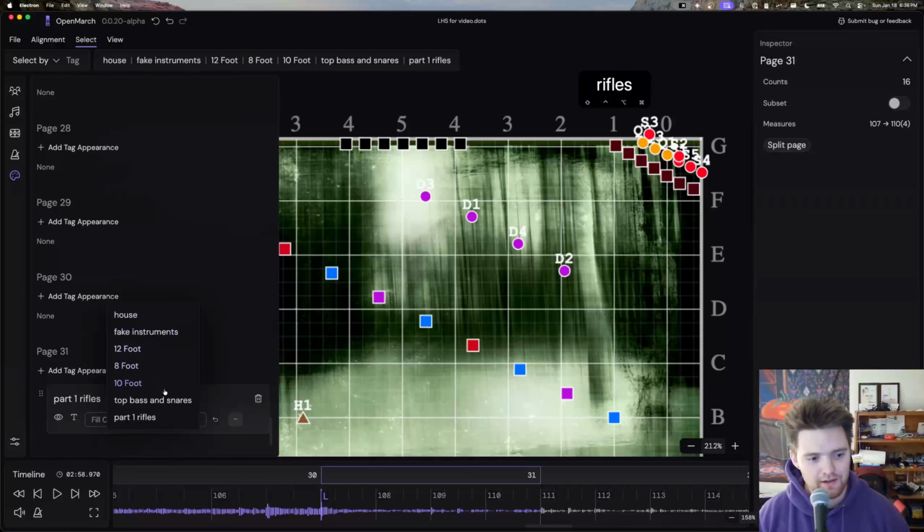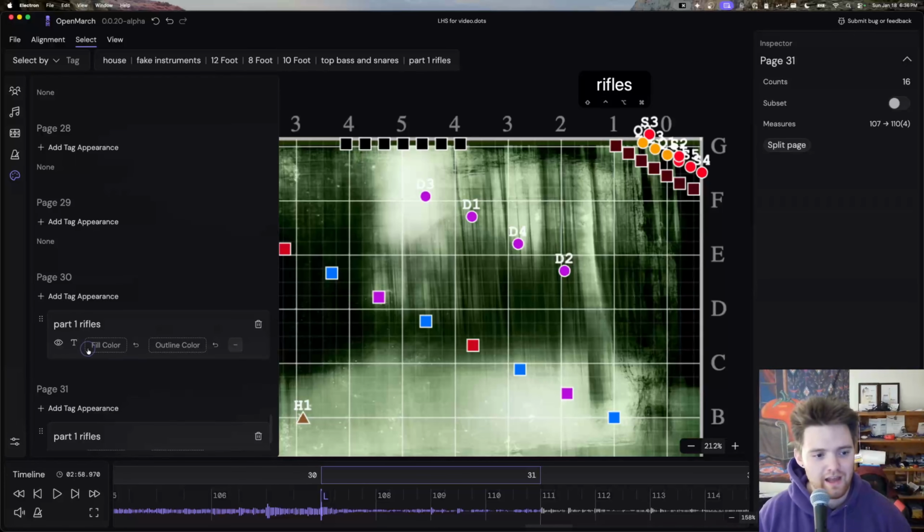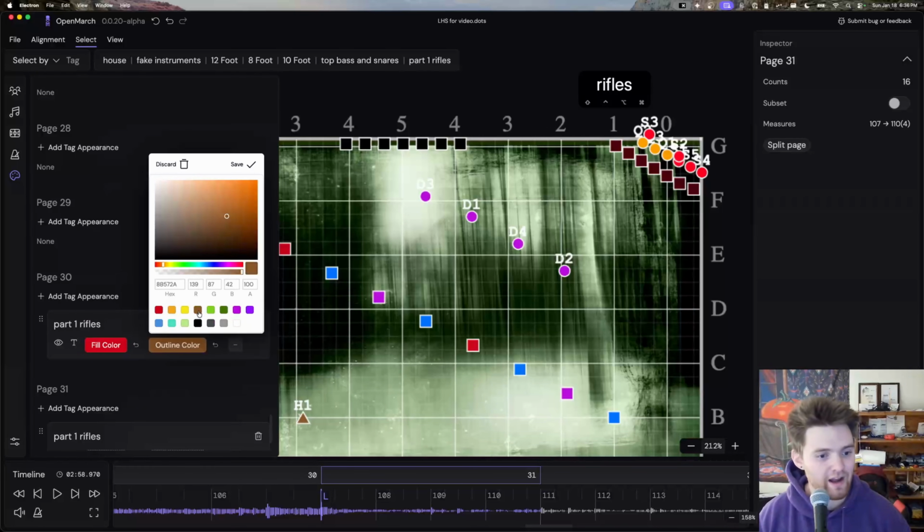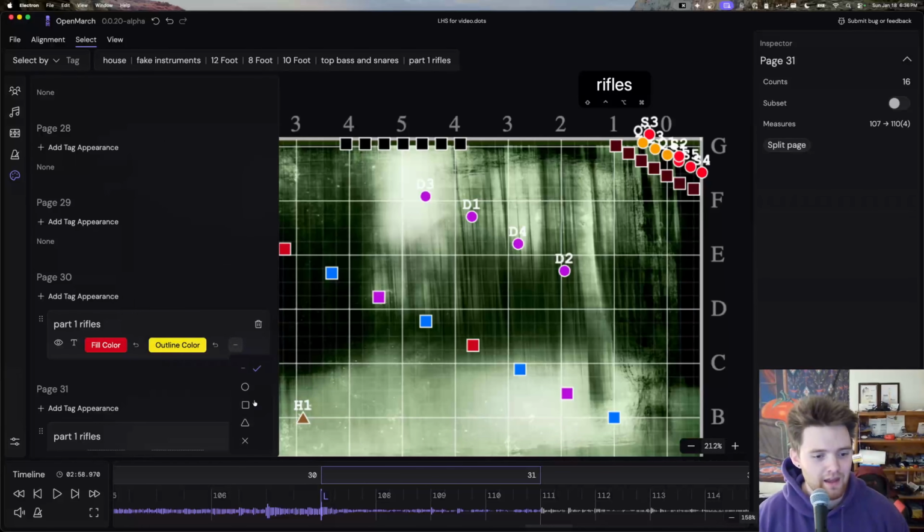Press add tag appearance, part 1 rifles, and say we want these rifles to be a very deep red, maybe a brown outline. That's really ugly. Like a yellow outline, still ugly, but not that bad. And then they are squares in this moment. So all you need to do once that happens